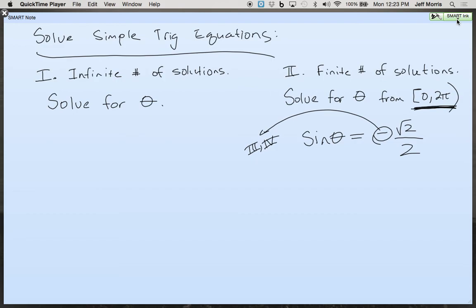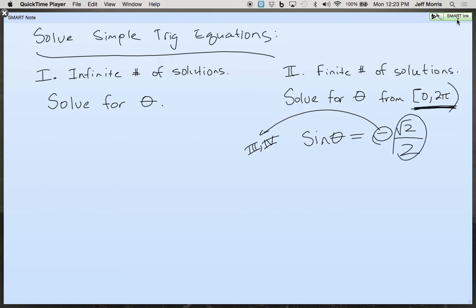I'm not going to give you a non-calculator problem like this because you can't do it. You cannot do that problem without a calculator because does anybody know where sine equals 1/3 on the unit circle? No, because I didn't require you to memorize that one. That one's going to have a decimal answer. And that one you're going to need the calculator for. But this one we can do because now once I know where it's negative, 2 answers,